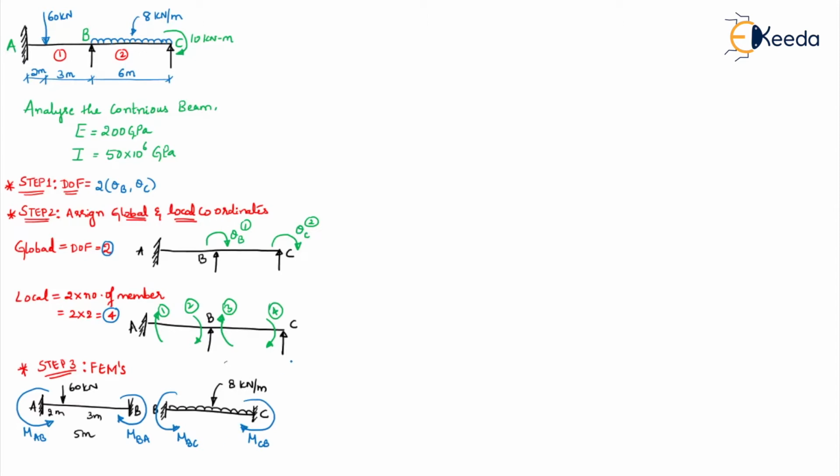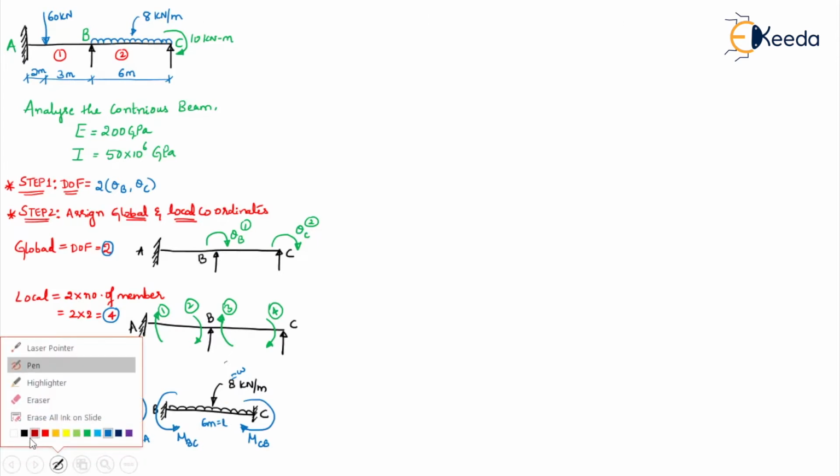MCB. Now let us calculate the values. To calculate values, this is your W, this is your A, point load, eccentric loading here. Okay, so B is not center, it's eccentric. This is L. So this is W. What is the length given here? 6 meters. So this is your L.